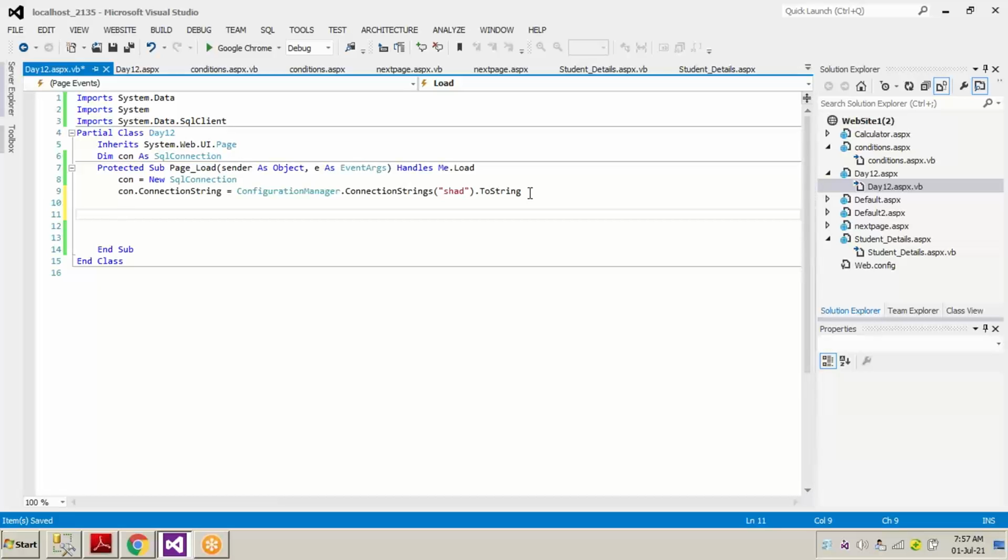Now what we are going to do is connect the drop down list to the particular table. A couple of days before, we understood how to attach the grid view with the entire table. Now we are going to attach a control, which is drop down list, to a particular field of a table.